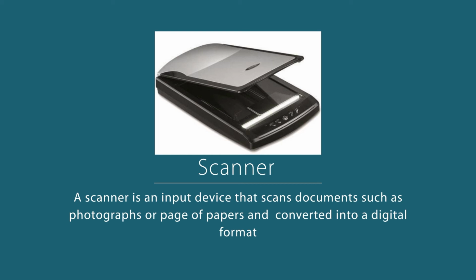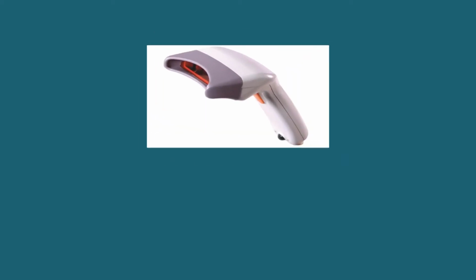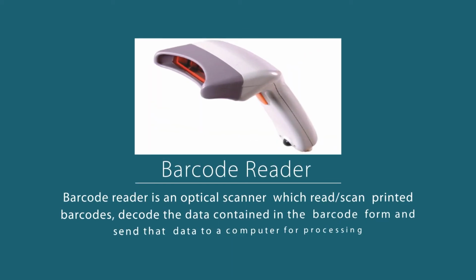That format may be an image, a PDF file, or something else. One more input device which we see very commonly used in computer systems is when we go to any grocery shop and see that barcoded information is being read by a scanner. A barcode reader or barcode scanner is an optical device which optically reads the barcode, decodes it, and provides the information to the computer, and on the basis of that it processes.